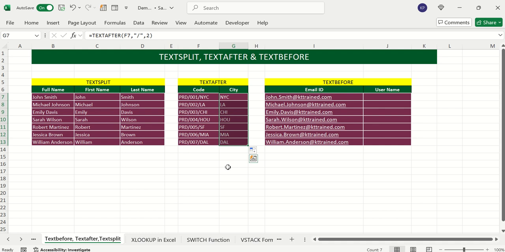Here we have the result of the cities that we took from this code. I want to get the usernames from these mail IDs. Here we'll use the TEXTBEFORE function. Equals TEXTBEFORE,